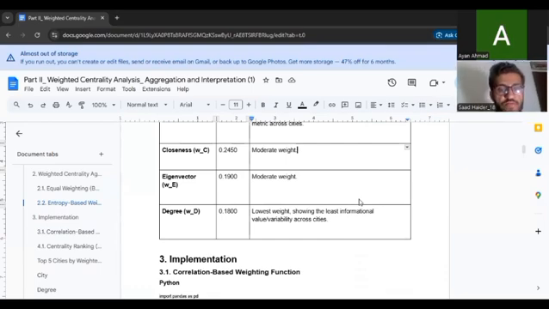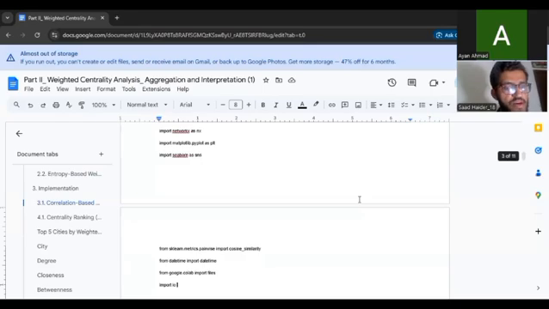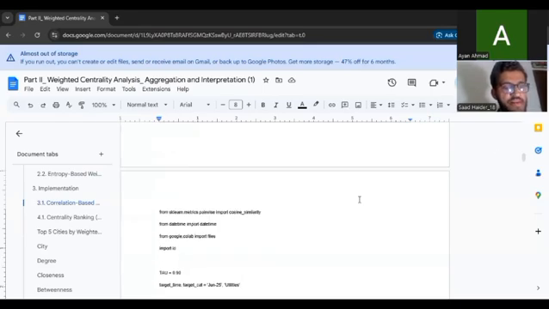So moving on to the implementation, this complex math had to be translated into working code, which is shown in section 3, implementation. The code snippet shows the function we wrote, safe entropy weights. It handles all the steps. First, it normalizes the scores, then it uses logarithms to calculate entropy, and finally, it calculates the fair weights that sum up to